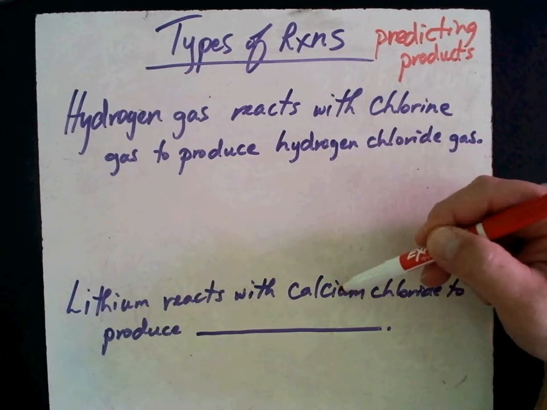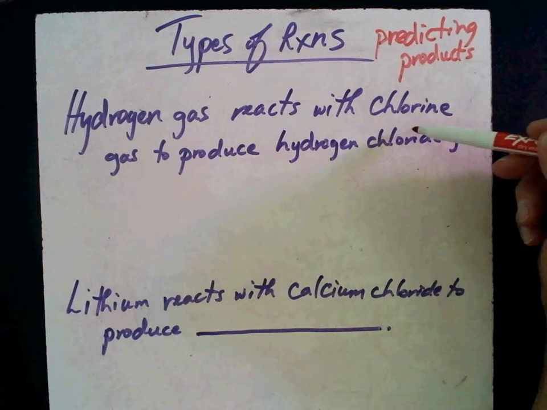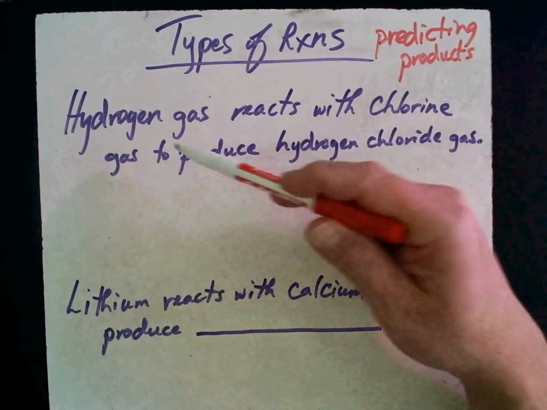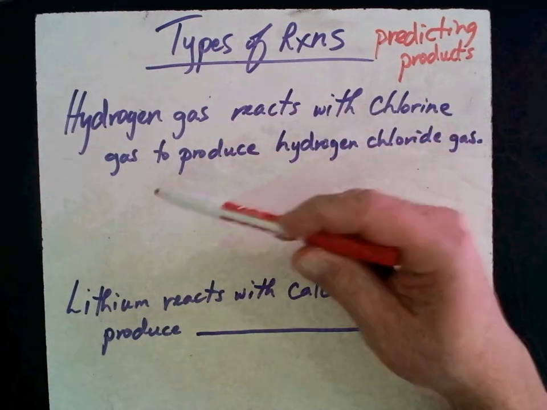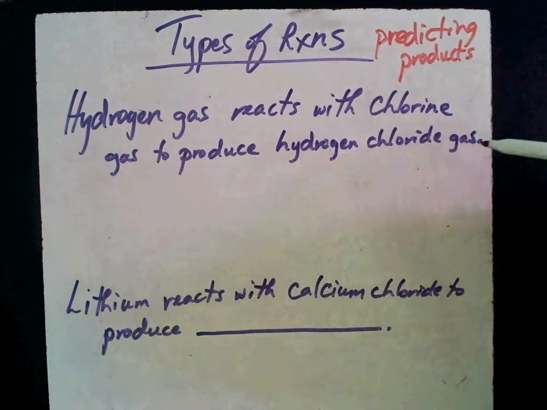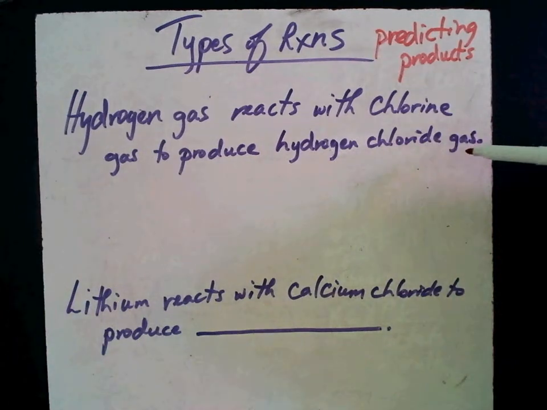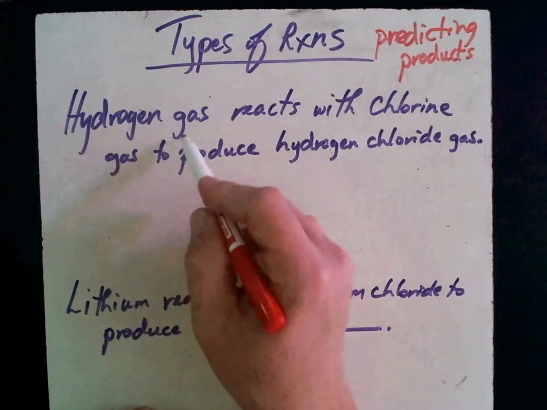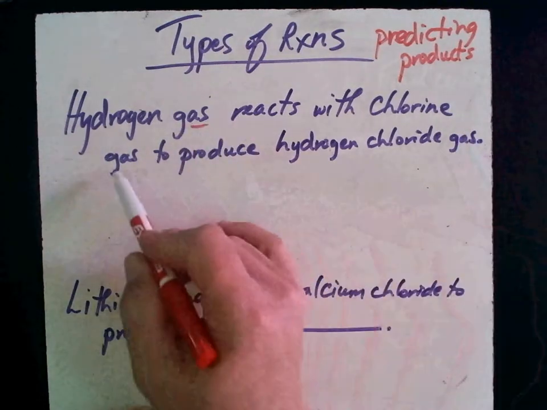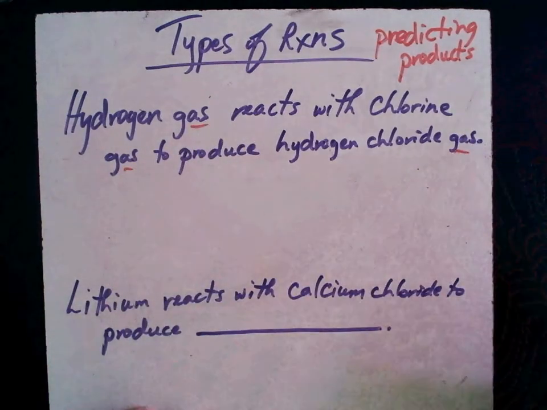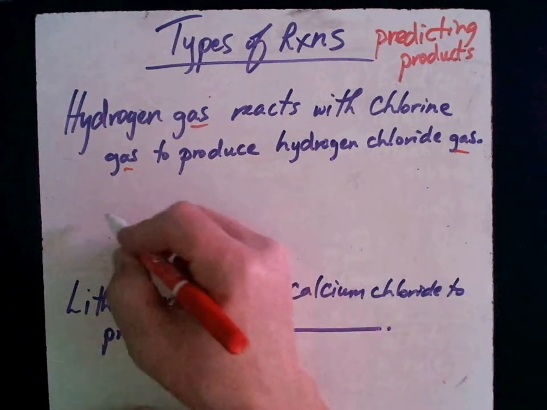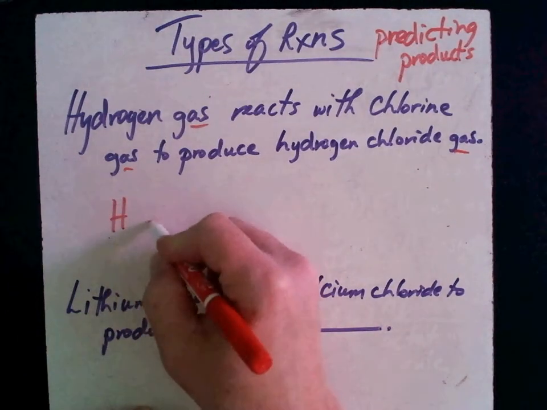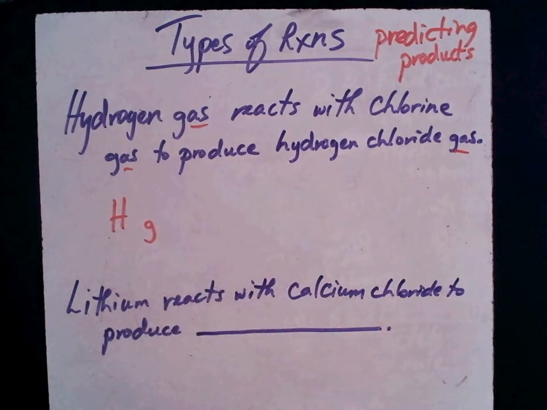Okay, so in the very first one, I've given you the whole reaction. Hydrogen gas reacts with chlorine gas to produce hydrogen chloride gas. And I need a balanced reaction. Okay? And so what's going to happen is it says hydrogen gas. That's going to tell us the phase. Okay? So when I have hydrogen gas, first thing I need to remember is that hydrogen is one of those